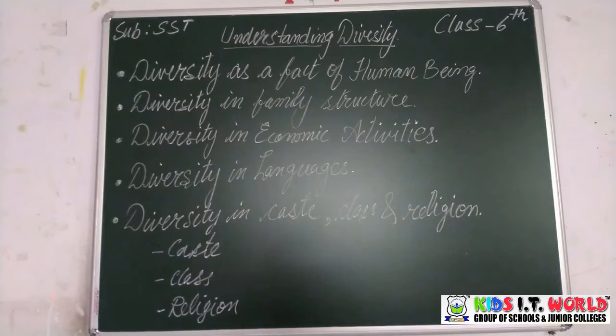Okay. Now moving on to the next point, which is diversity in economic activities. Right. So for economic activities, we'll see how we can see differences in it. Satisfaction of basic needs of food, clothing, shelter and protection has been the primary objective of all societies since ancient times. Man can fulfill these needs by certain rules and work systems.